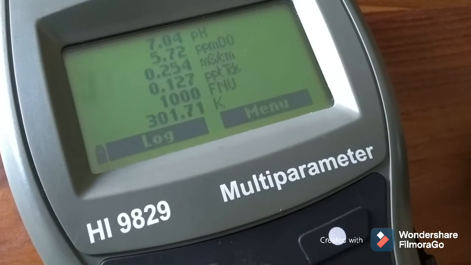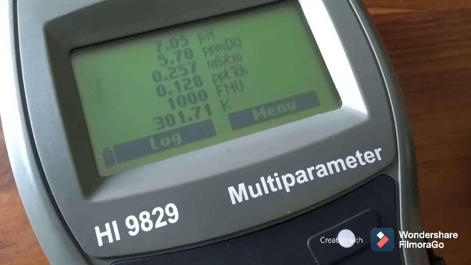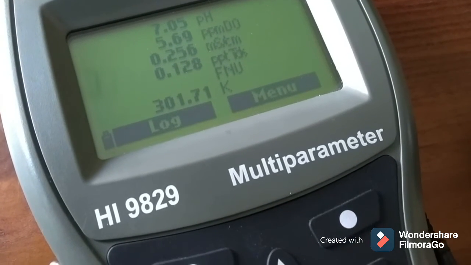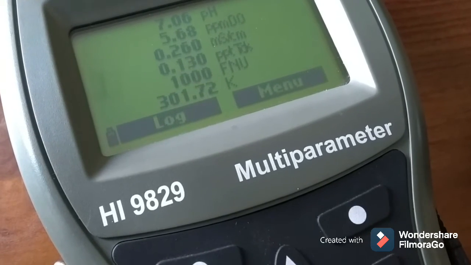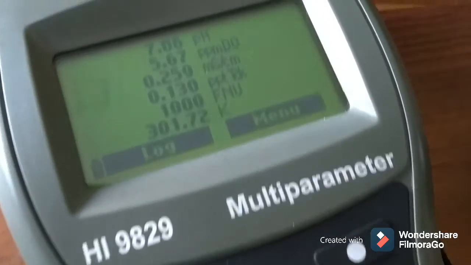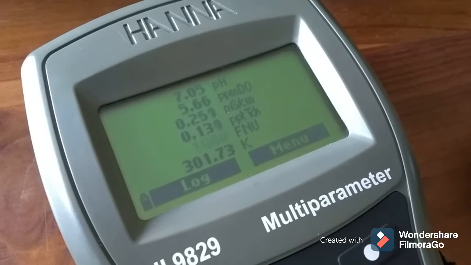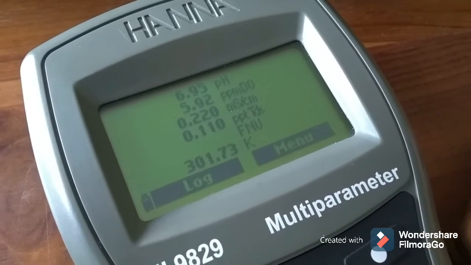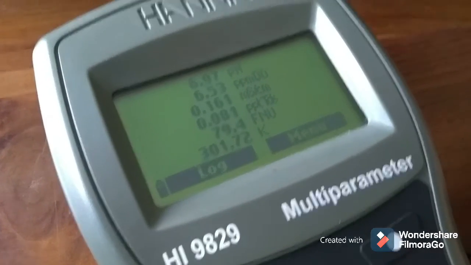And electrical conductivity, we can see here millisiemens per centimeter, that's also changing in the range 0.256 to 0.260. So this is the reading of this one. So the river water sample, the pH is near to 7. So that is the neutral one. So this is the reading of this water sample.